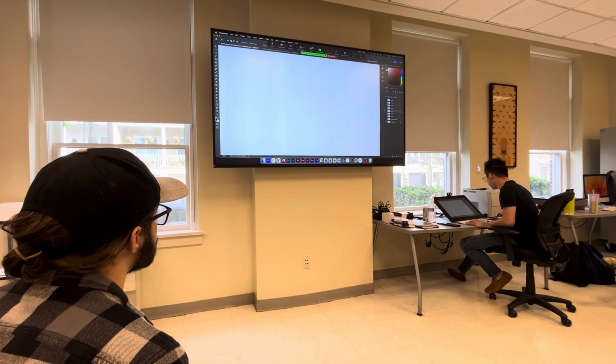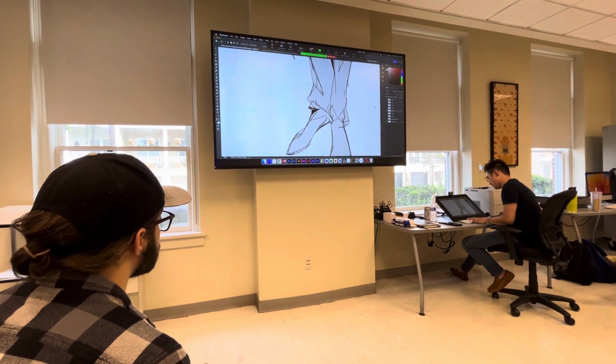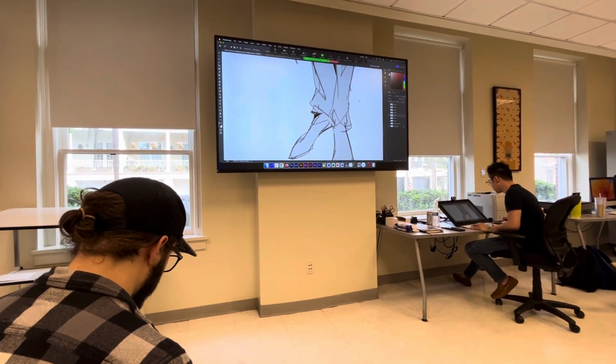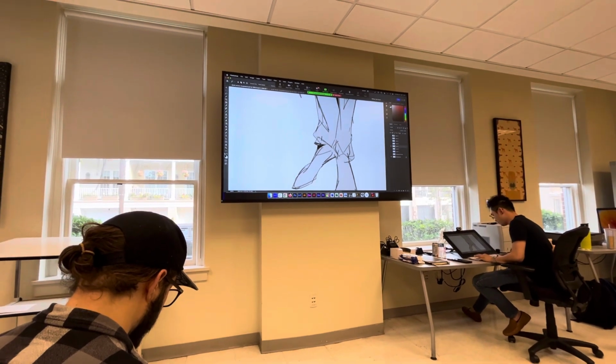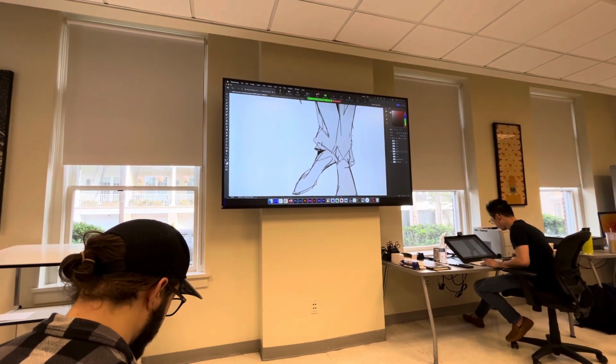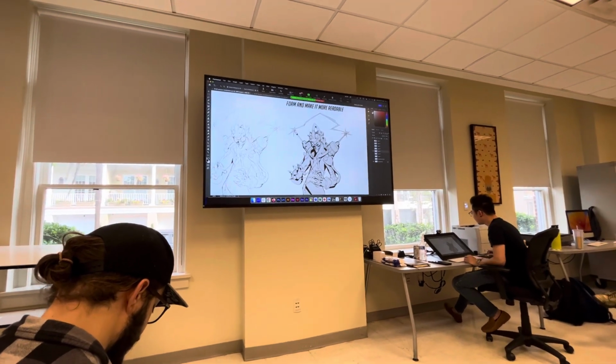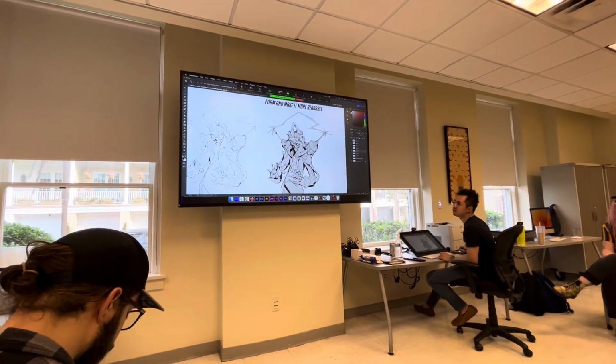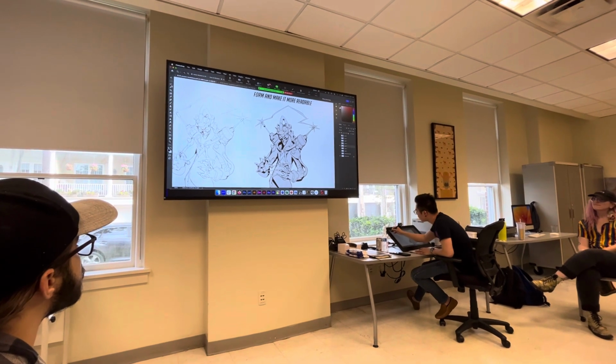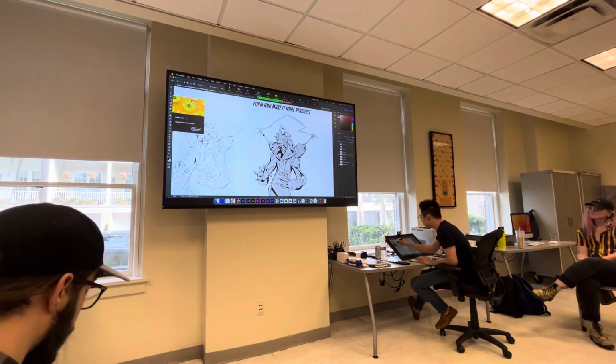Then I fill in the color. I fill in the gray. Then that's how I get to... Sorry, I'm not familiar with Mac. Yeah, I fill in the gray, and then I also block in some really cheap and cheesy shadows. And what I do to block in the shadows,